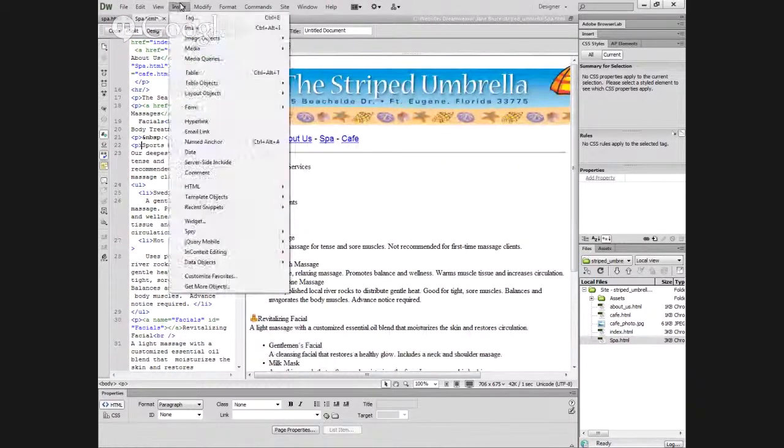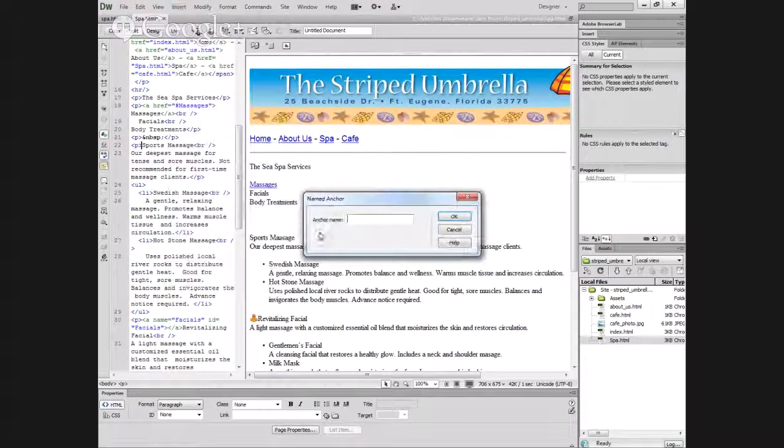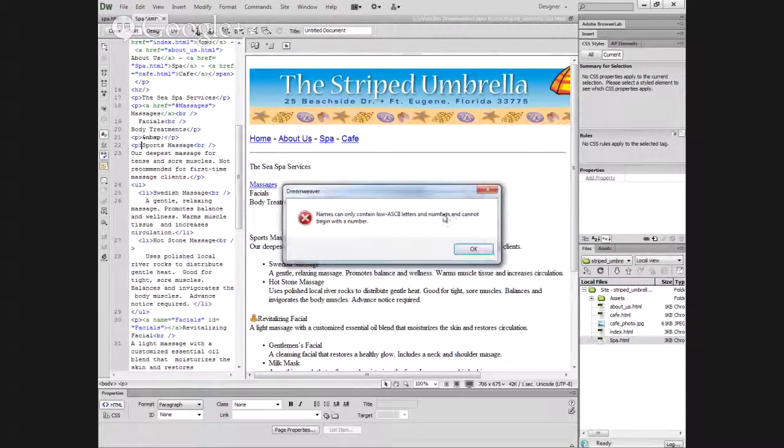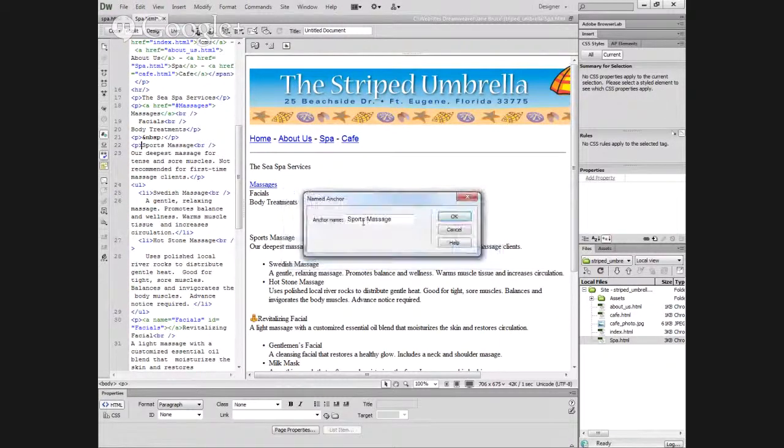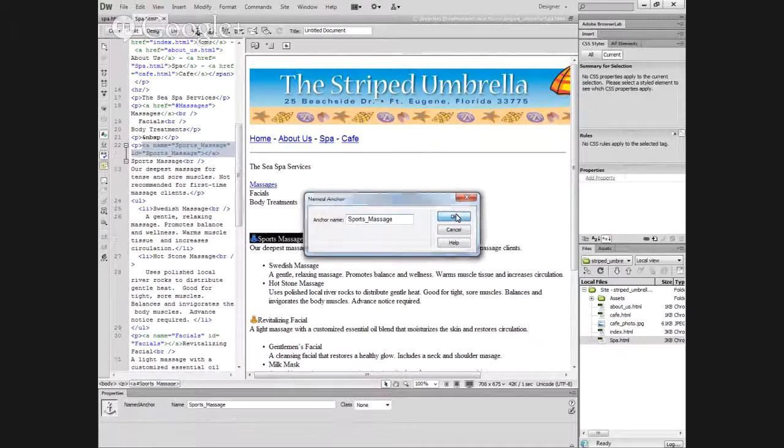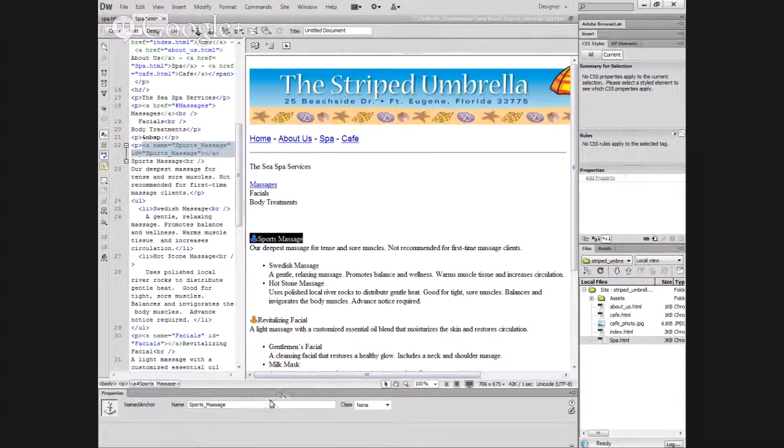You go to insert, named anchor, and then you name it. And you're going to name it whatever that heading is, sports massage. And then you click OK. You don't need to put spaces. Sports massage. And then you are going to need to link your sports massage